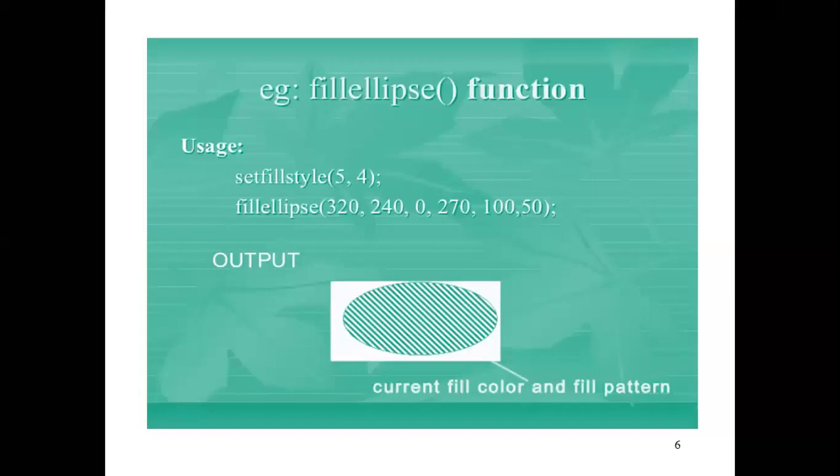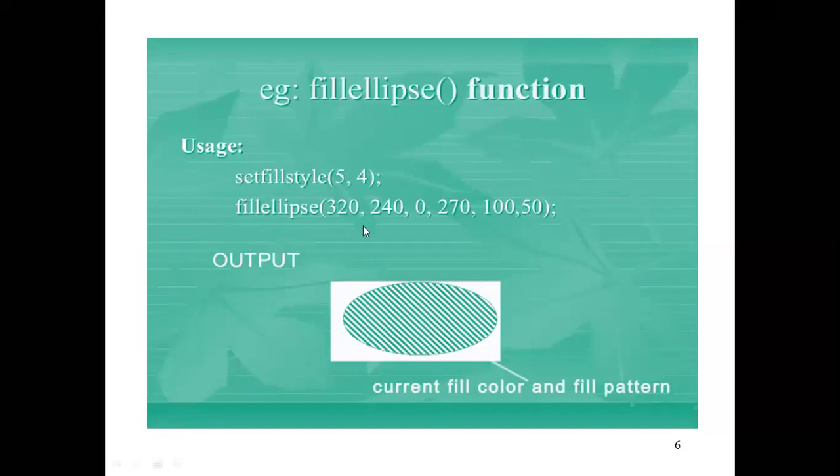Now you can see the fillellipse function. Here we will provide the data. Now you can see setfillstyle. If we are using any pattern, then we will declare the data in this form, setfillstyle. We can choose any style to draw the lines inside this. So this style will indicate the pattern.